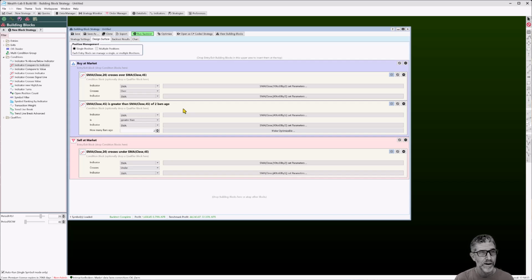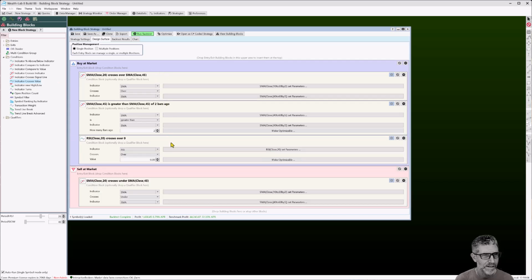So let's add another rule. Let's say indicator crosses value. Okay, this is a good one to add to it. And we'll go ahead and use the RSI, and we'll say if the RSI crosses under 35, we'll say, and we could do the same thing with optimization variables, but we're only going to use this once for now, so let's skip that. So the idea here is that we want to, let's say we want to enter when